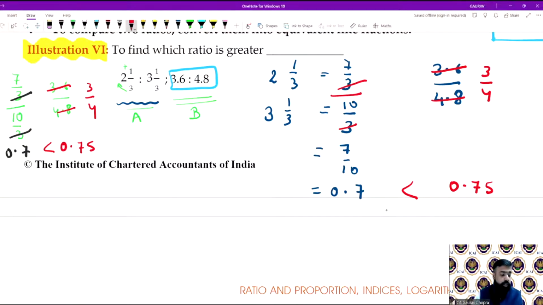Then Ashutosh is asking, if any question is not attempted, will any marks be deducted or not. See, if you are not attempting any question, then you will not be awarded any marks and no marks will be deducted. Marks will be deducted only in case you give an incorrect answer. You give the wrong answer, then only marks will be deducted. Otherwise, there will be no deduction in marks. All right.